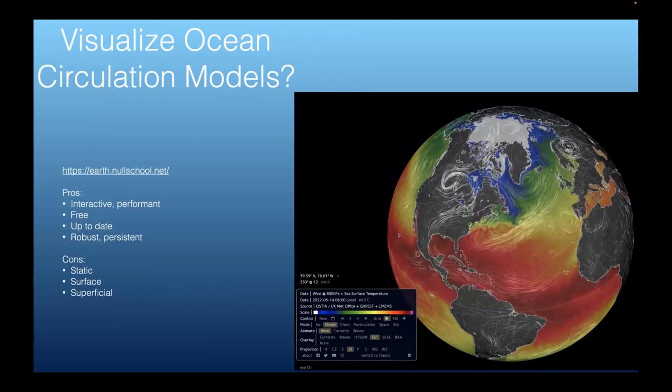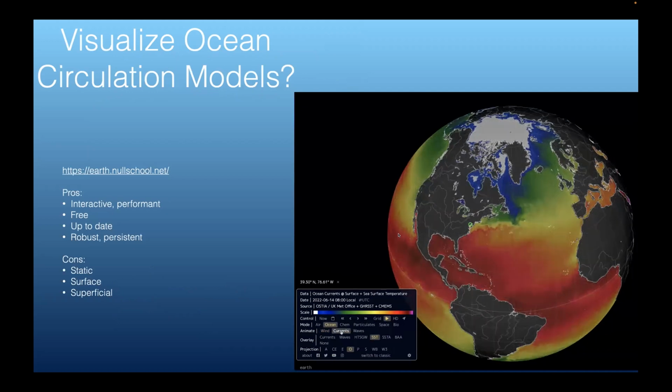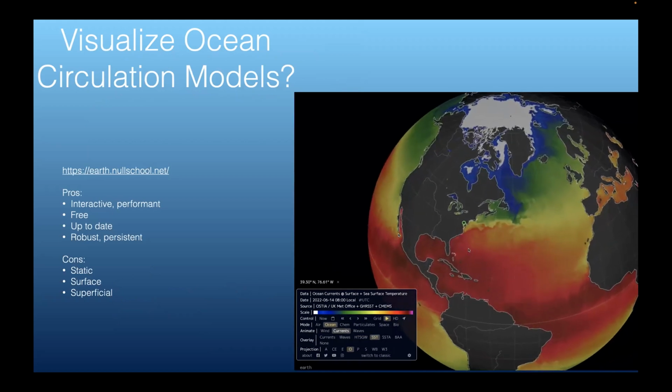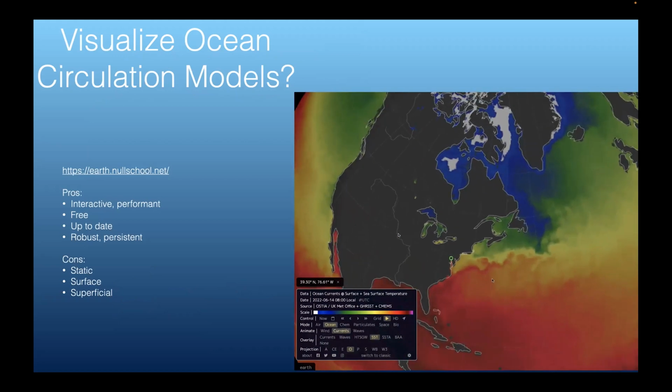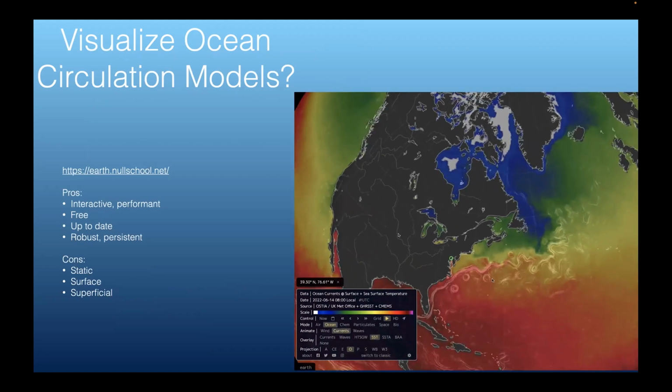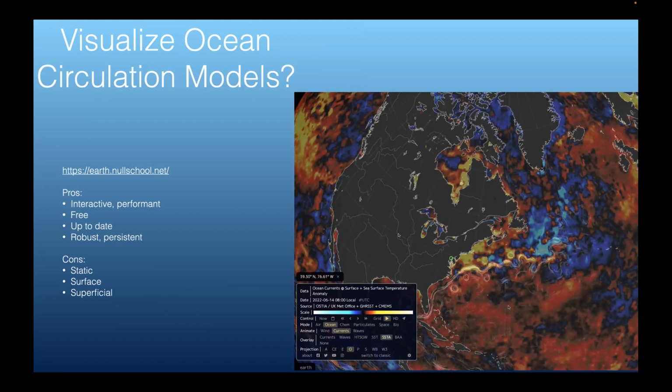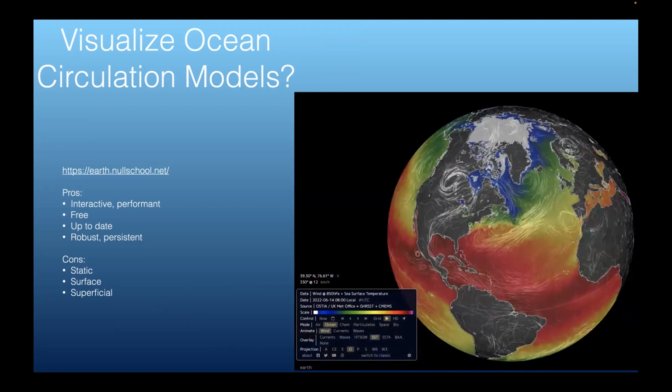Now, let me show some other examples of how people visualize solutions from these models. Okay, so you've already looked at a couple of examples. Let me show you a couple more. The first one, I think, is fabulous in many respects. This is just on an open website. In fact, if you go to that link, you can do this in real time. It's called Earthschool.net, and it allows you to explore various different aspects of the global environment, including the atmosphere, atmospheric chemistry, and the ocean. And so if I go back and replay it,